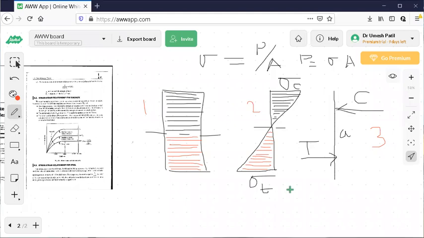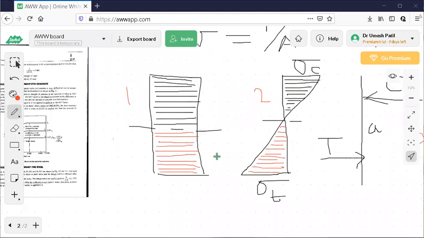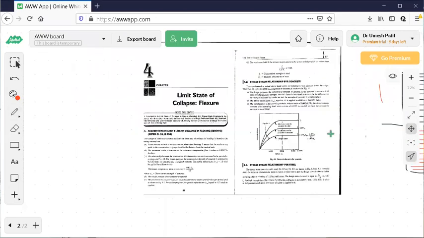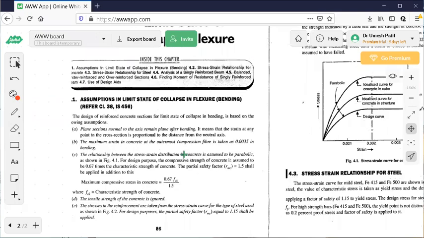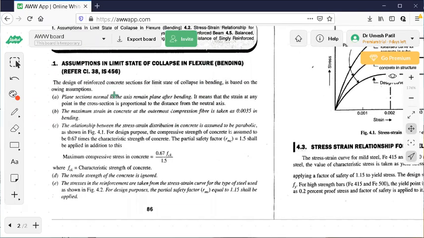So this is how a beam develops moment of resistance. Come back immediately, an important topic: you can see this one, assumptions in the limit state of collapse. All these assumptions are there in the code book. Try to understand. You don't have to remember anything. There is no question of memorizing anything here. Everything is available in the code book. You should understand what it is, what is the meaning of these assumptions, because this book is allowed in the exam.